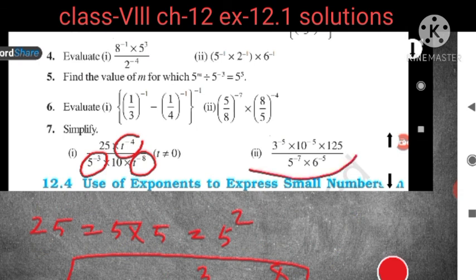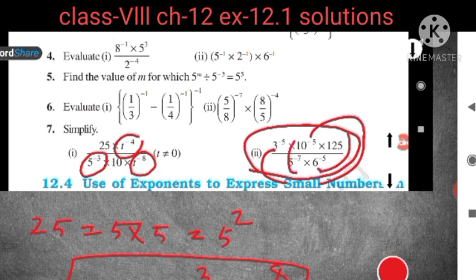Now remaining question, this question number 2. 3 to the power minus 5 is there, then again 10 to the power minus 5 is there, isn't it? So this minus you have to make in positive, that means this numerator will go to denominator, this also you will write in down, and this 5 to the power minus 7 will go up, and 6 to the power minus 5 will also go up. Then after that you will evaluate them, okay? You will multiply, if you can cancel you will cancel it out, after that you will solve them. So this question also I will keep as a homework. So this question is your homework.